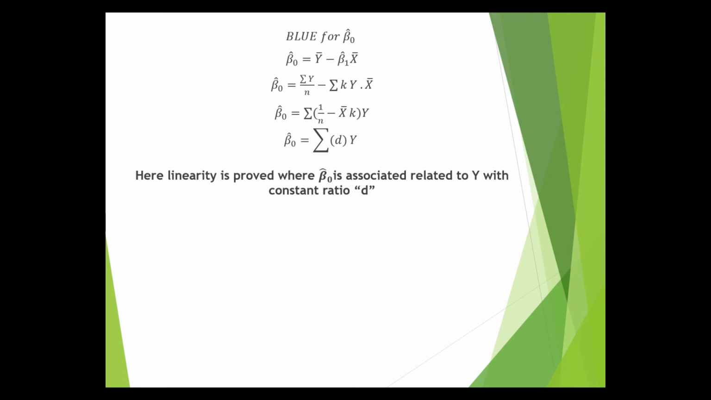And if we continue with this to prove other properties, I'm just doing the unbiasedness. Now I have taken b naught cap is equal to summation of (1 over n minus x bar k) into y, the expression from the last slide. I am just taking the expectation of this expression, and you see that I have taken the expected value of b naught cap here, and on the right side I have just taken the expected value of y only, because